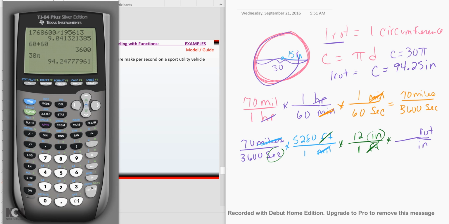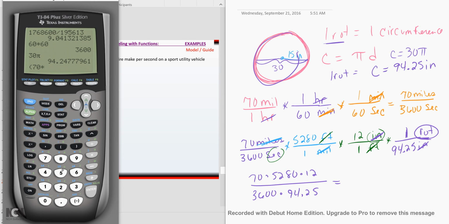So in 1 rotation, there are 94.25 inches. Now inches will cancel, and I am finally in rotations per second. So now I just have to do the math. On top, I have 70 times 5280 times 12 times 1, but I don't have to put that. On bottom, I have 3,600 times 94.25. So if I type that in,